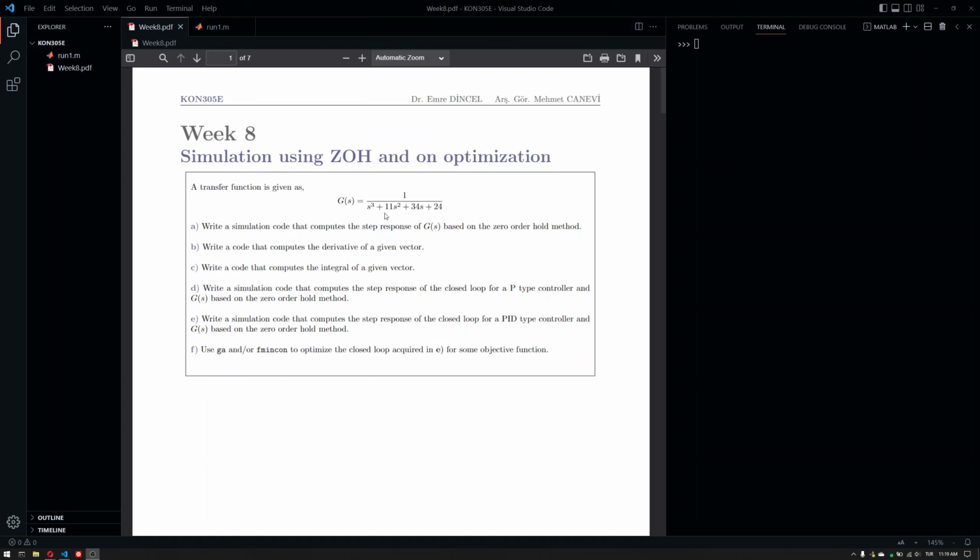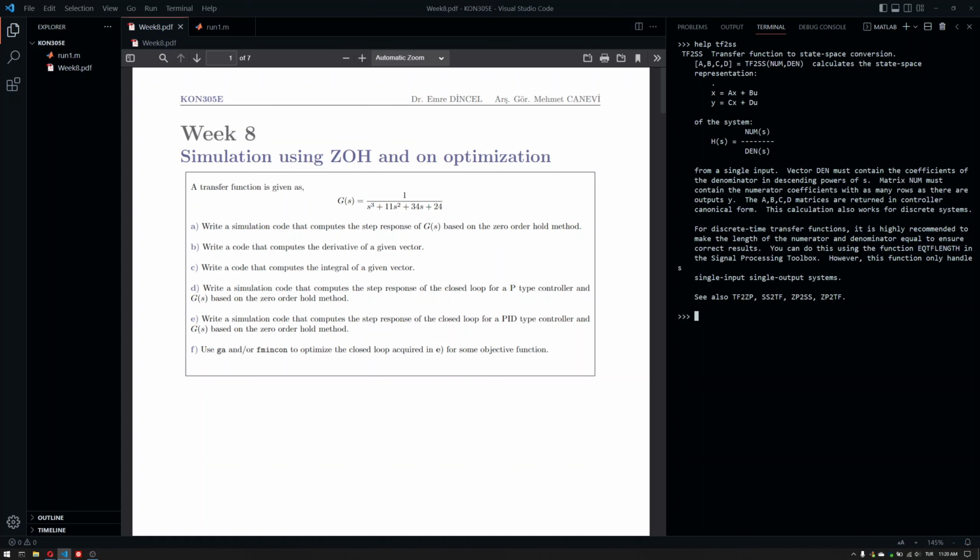Before we get to it, what we need to know is we need to convert this transfer function into a state space representation. For that, we can use some canonical forms. We have controllable canonical form. We have some modal forms. We can also use tf2ss in order to convert it. Let me show you. Help tf2ss. You can also use MATLAB, but I want to abstract it away, so you can feel free to use tf2ss. But what I'm going to do is just manually